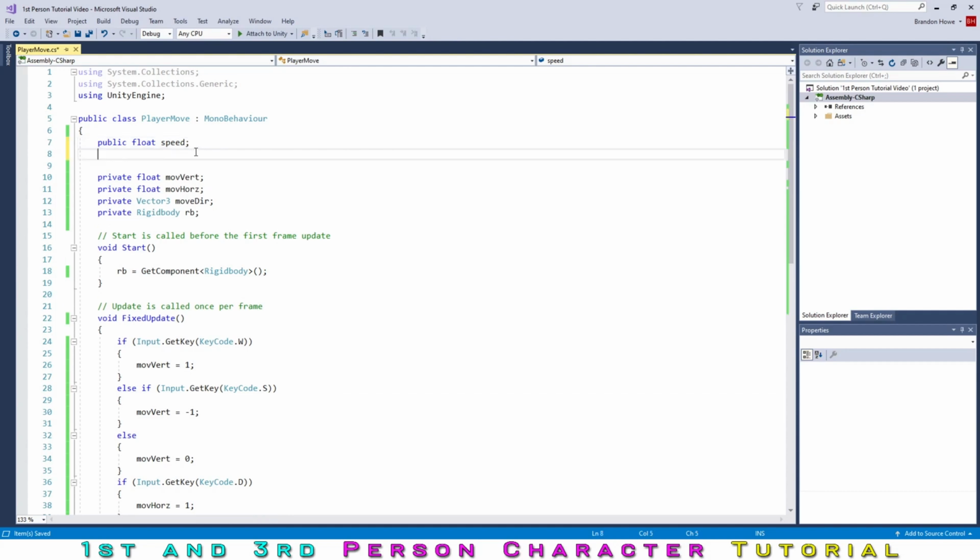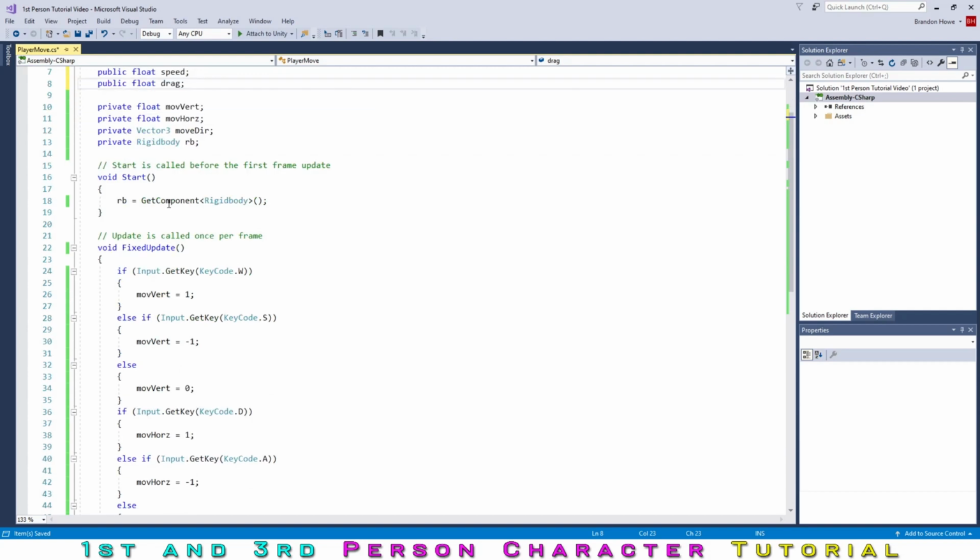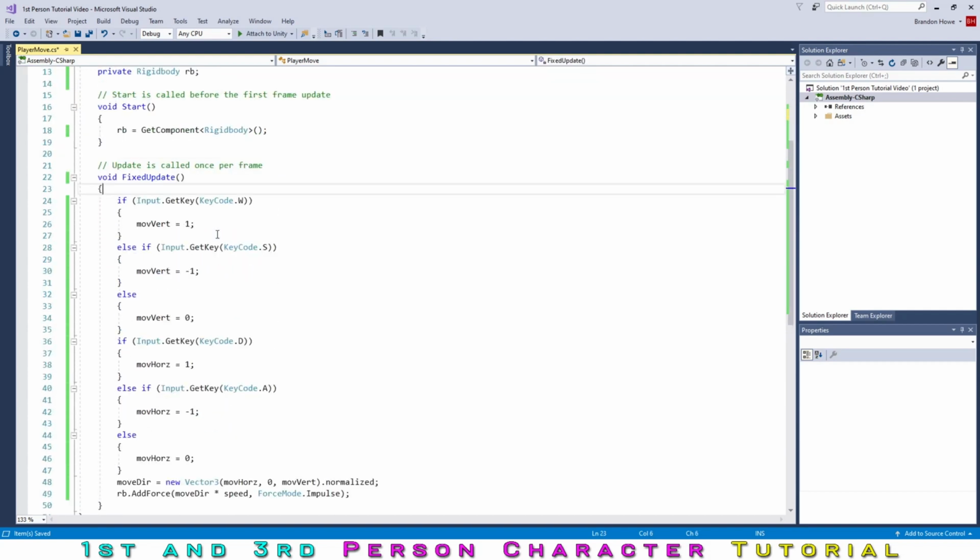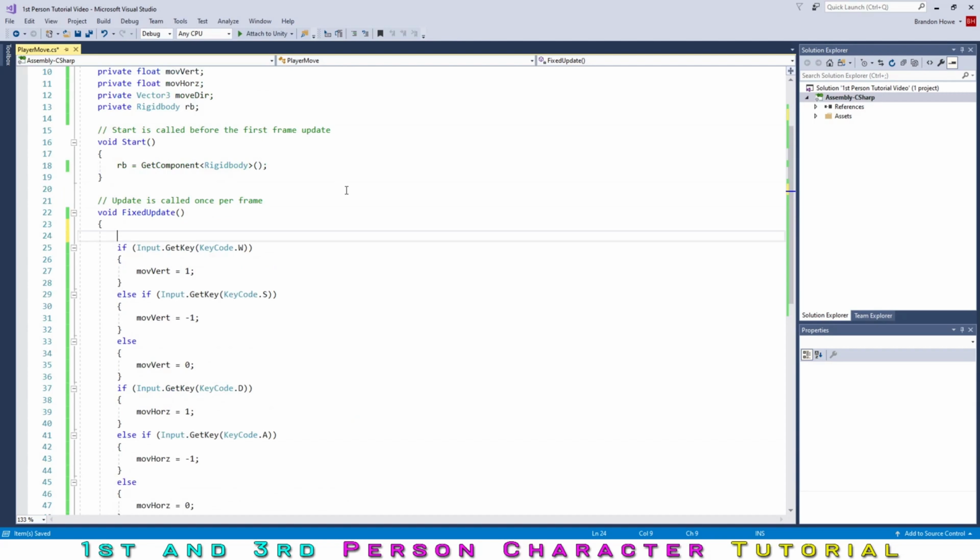So we're going to do that by making a public float called drag, and then down here, at the beginning of each frame, we apply our drag as just a cutting down of the velocity. So we go rigidbody.velocity, and set that equal to, in order to multiply this drag by the x and the z part of the velocity, but not the y part, a new Vector3, and our three points of this vector are going to be